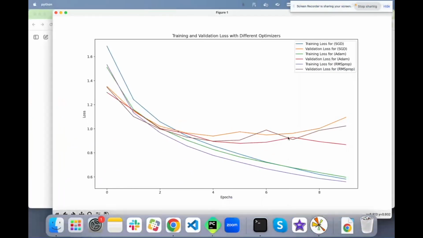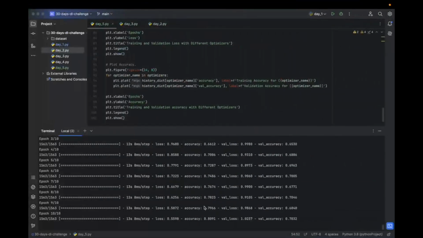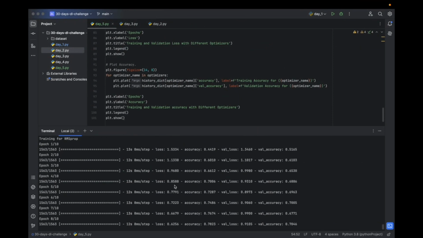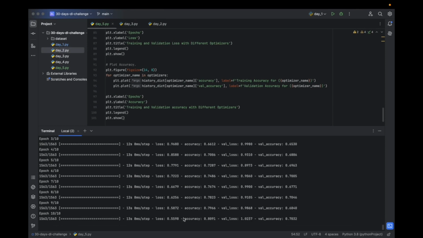Okay. So it has generated the response, but let's wait. It took on average 8 milliseconds, which is similar to Adam. The loss started at 1.5 and closed at 0.55. The accuracy is the maximum in the case of